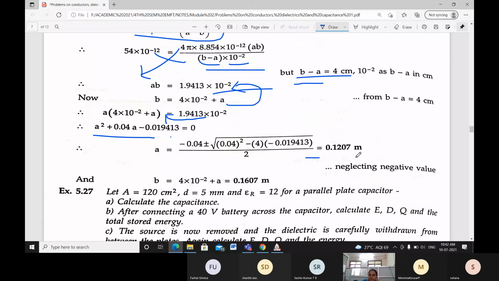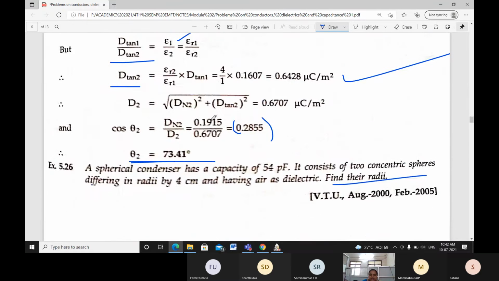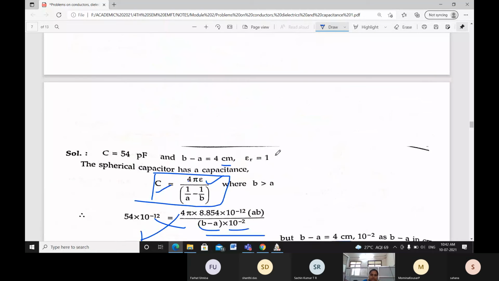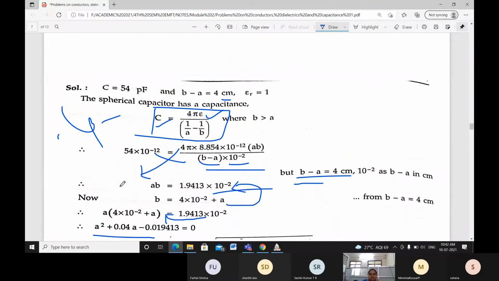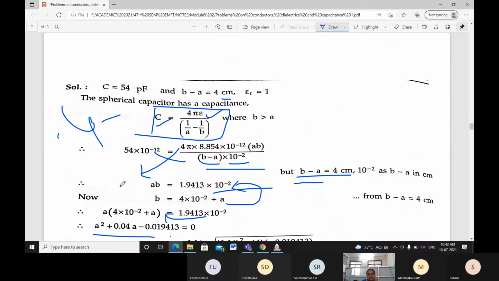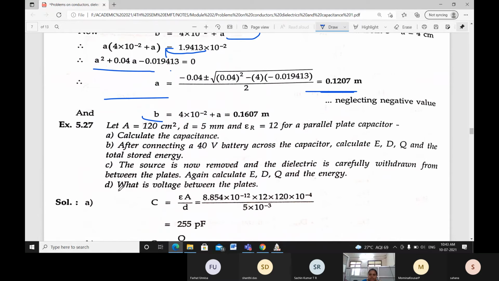One more thing, don't take the negative values here. Take the positive values only. Radius is not negative, right? For that reason, this is how we have to go about finding the different radii when the difference in the radii is given. This problem will be asked for 4 marks. 4 or 6 we can't tell. In some question papers they will ask 4, and in others the same question will be asked for 6 also. So this is one problem.